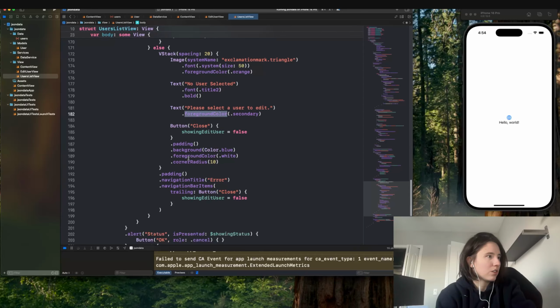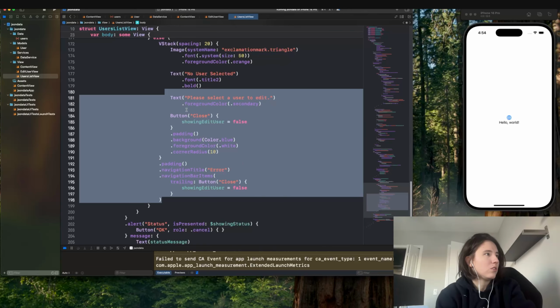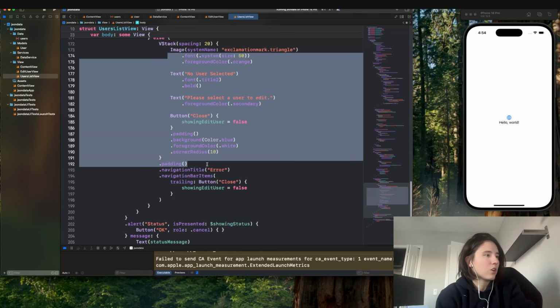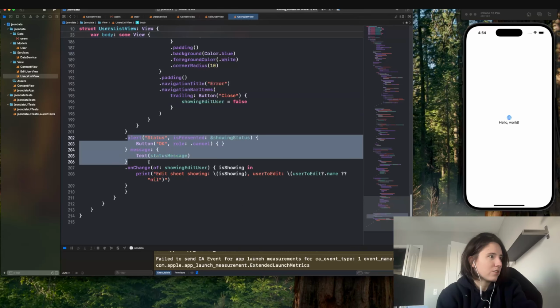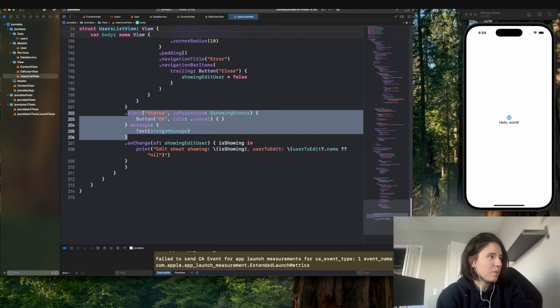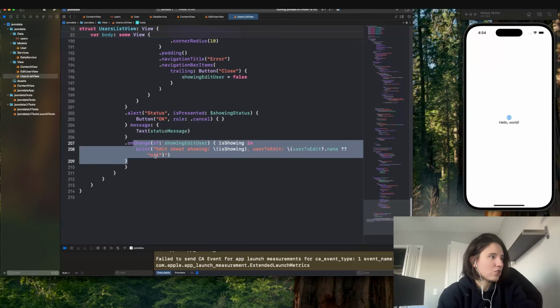We can close it, and if we can't open the user at all, we can't open it. We can show a status, okay, so showing a status. We can set up a status message if there's any problems or messages,